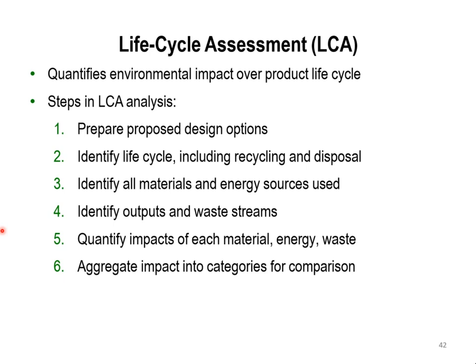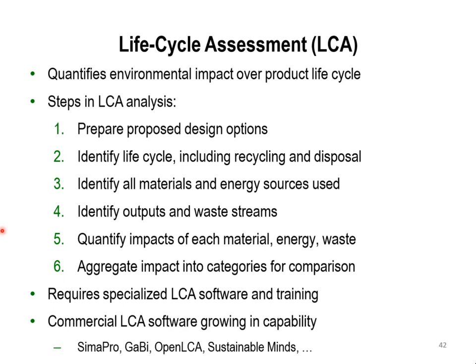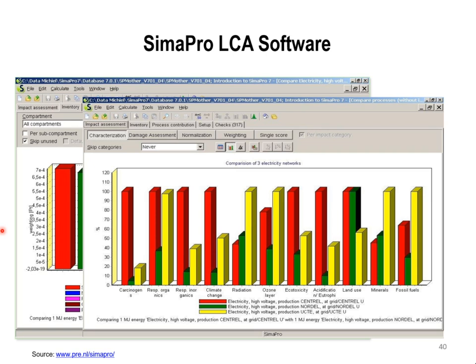Identify the outputs and the waste streams, and then quantify the impacts of each material, energy, and waste, and then aggregate the impact into categories for comparison. This will require specialized LCA software and training, for example SimaPro, GaBi, OpenLCA, and Sustainable Minds. This is an example of one of the software, which you know now as SimaPro